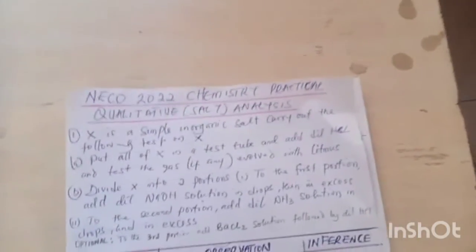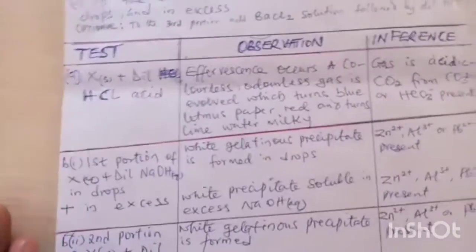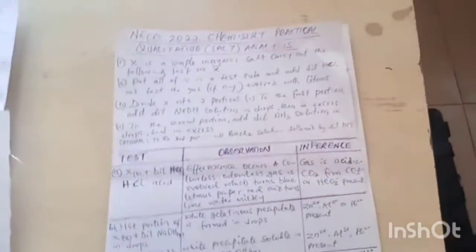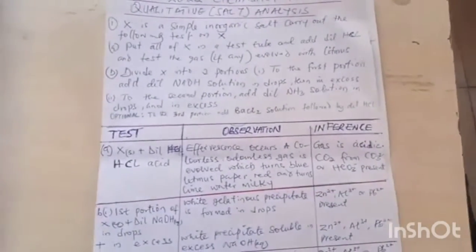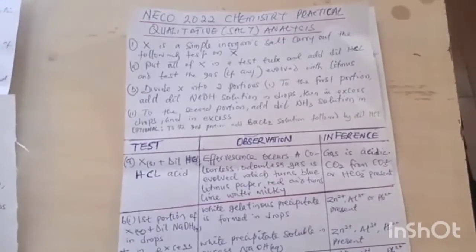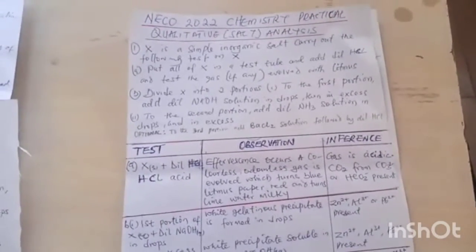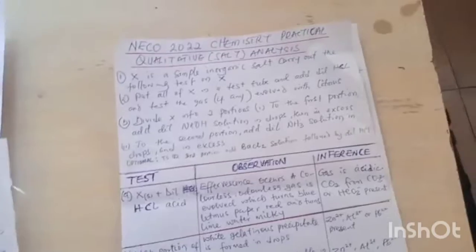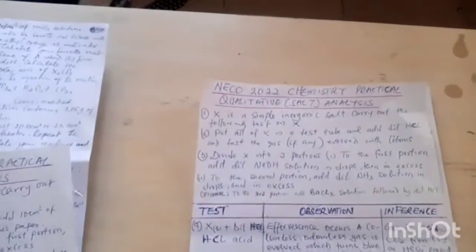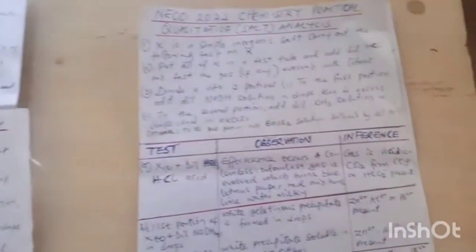Alright, so let's get right into the analysis. As is expected, you are going to prepare a table of observation for this particular analysis, and that will consist of three columns. We have the test, the observation, and then the inference. Now A says,